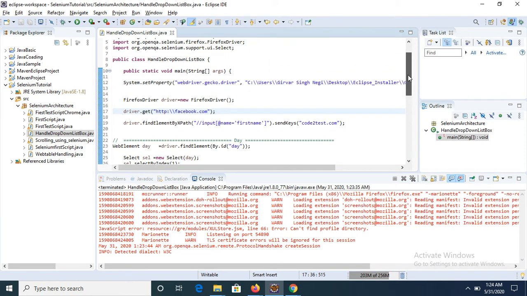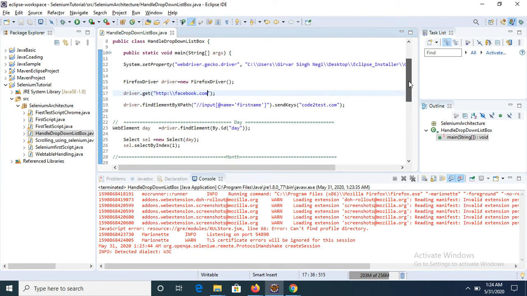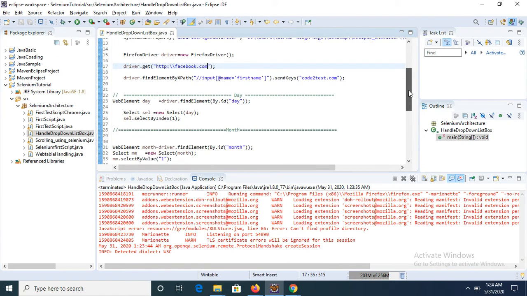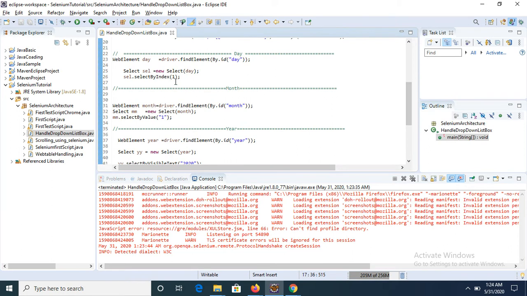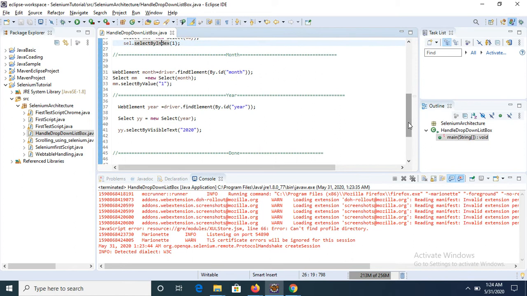You can use this approach to select value from list box. So by these three you can select any. You can use a single way in all your list boxes, or a different approach you can follow. It's totally dependent on you, and there are multiple methods inside this.